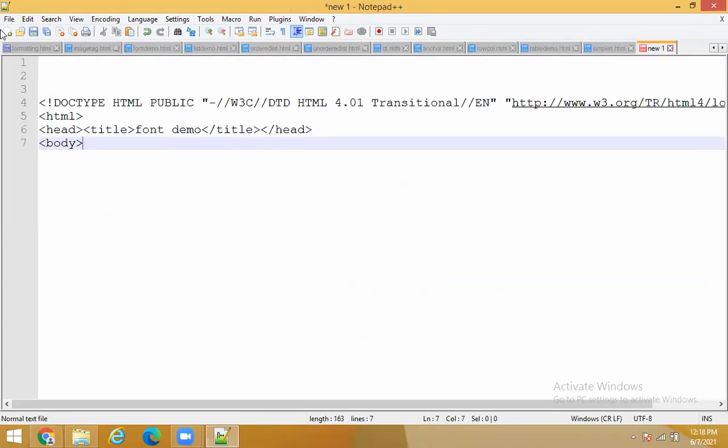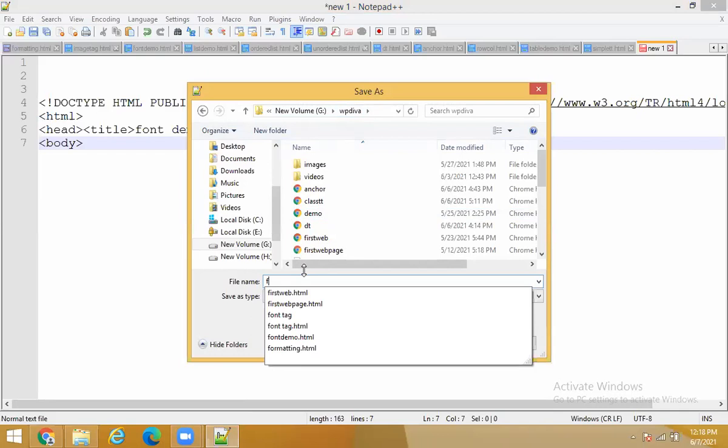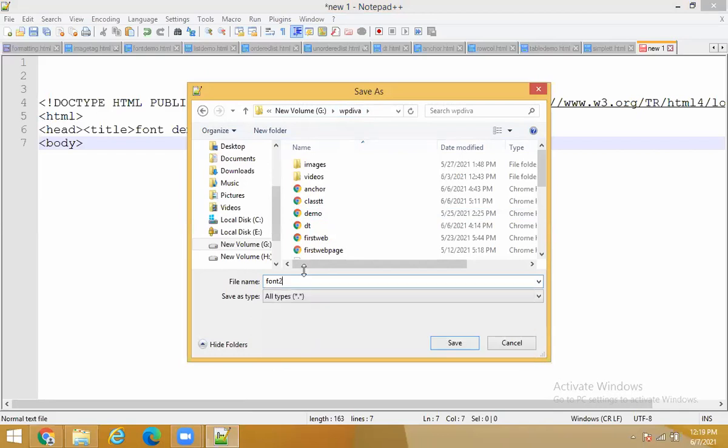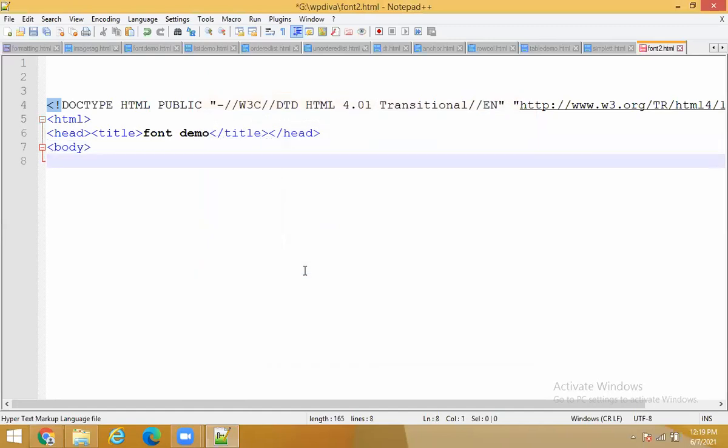So I have to save my new file. I will go to save, or I can go for file save as also. I went to the folder. Where is my folder? It is in G:WPA. So again, I took here font 2. I want to take one more example, that is font 2 HTML. Clear? Now, here what I will do, I will write something saying NAME.